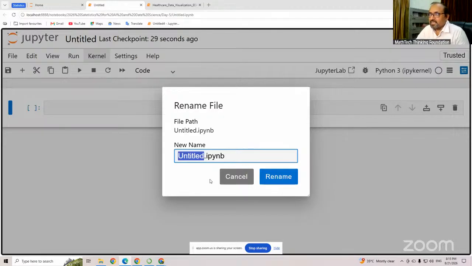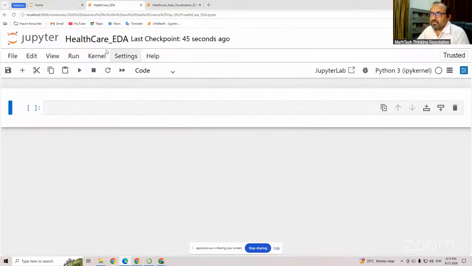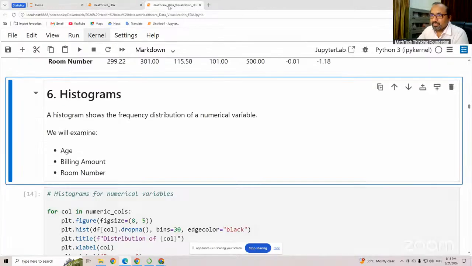rename it, just like by using healthcare. I am using healthcare altogether. Then EDA, and rename it. So this is the healthcare EDA. Okay, so when you have performed this task, now after that what you will do, see,